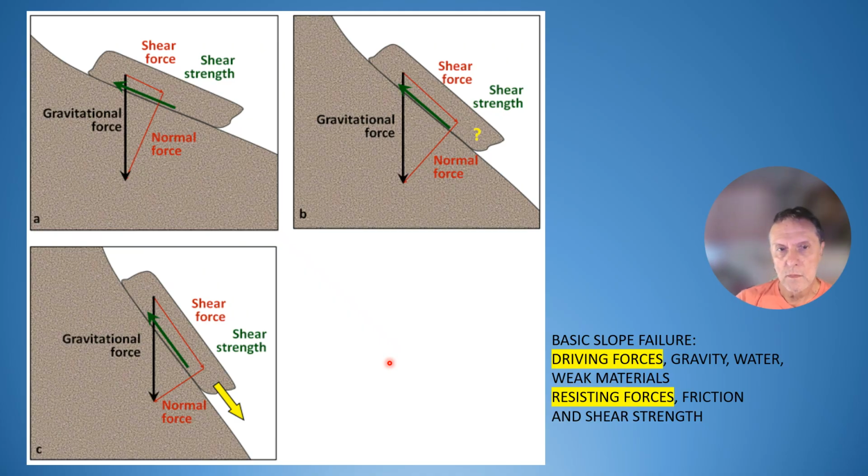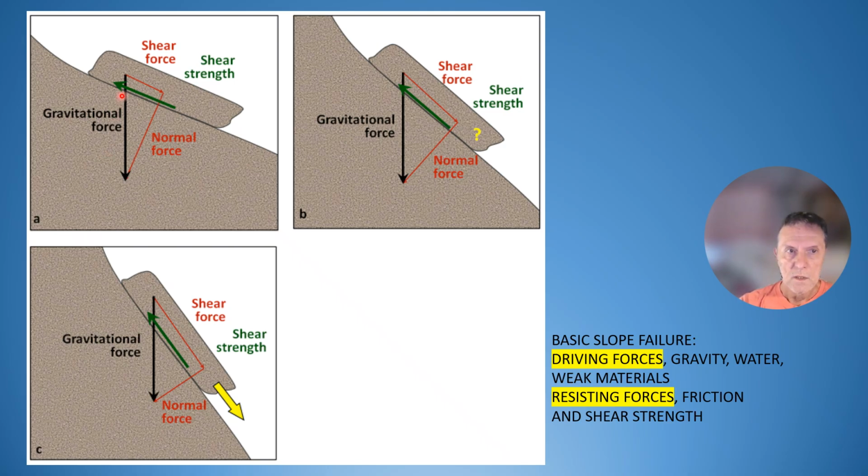Okay, what is slope failure? Basic slope failure, you have driving forces working against resisting forces. The driving forces include gravity, weak materials, wet materials that are conspiring to move the slope material downwards. Resisting forces include friction and shear strength, and maybe some vegetation roots, tree roots, those will help in shallow failure